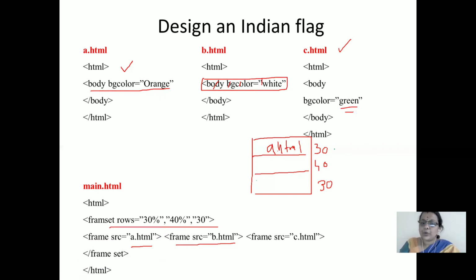So if I want to put something like the Ashoka Chakra on the second frame, what I have to do, as already discussed about the img image tag, using the image tag you can invoke the image in this b.html. You can invoke your image, and the particular source you can add over here. So here the Ashoka Chakra will come also. Like this I can create the Indian flag.